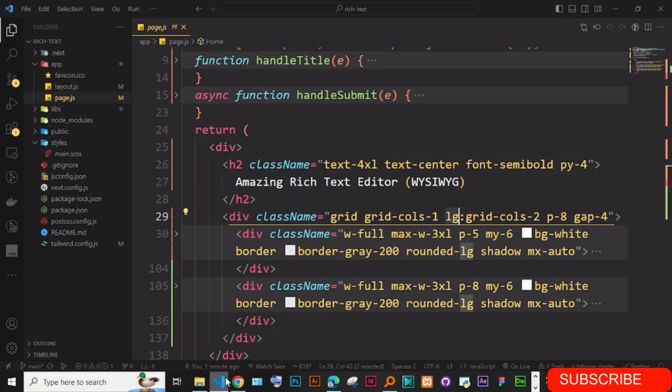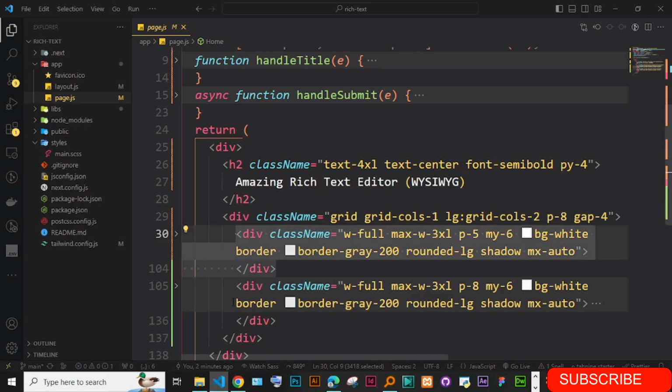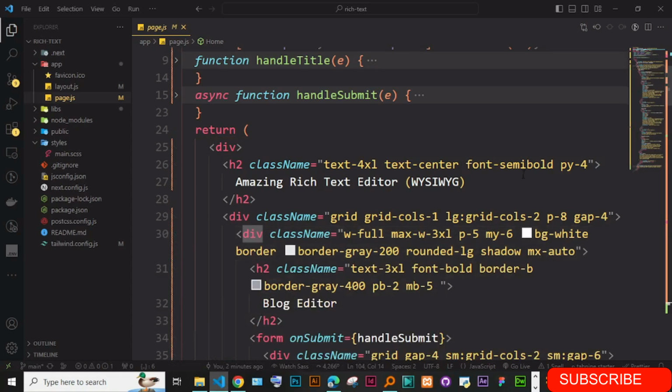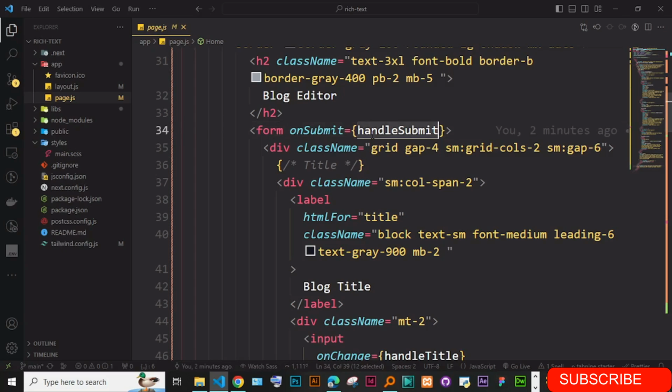Okay, so these are the two cards. This first one has a form, and the second one is just a view. If I show you the one with the form, it is a normal form. Inside here I have a normal form which takes onSubmit, handleSubmit, and I have the